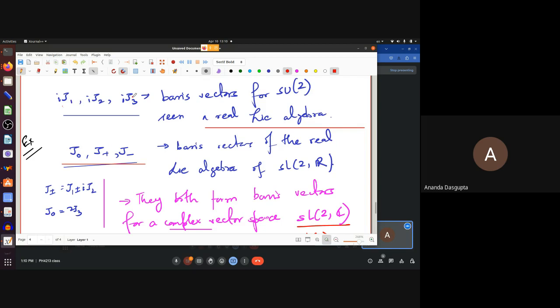Okay. We deliberately stick in the i in our derivation and formulae so that we don't have to talk about anti-Hermitian operators. But these are really the basic vectors of SU2, not J1, J2, J3, to be very precise. And J0, J plus, J minus generate a different real algebra, which should be obvious. And of course, they are very deeply connected to each other. And we are going to exploit that connection. Not very much in this class,